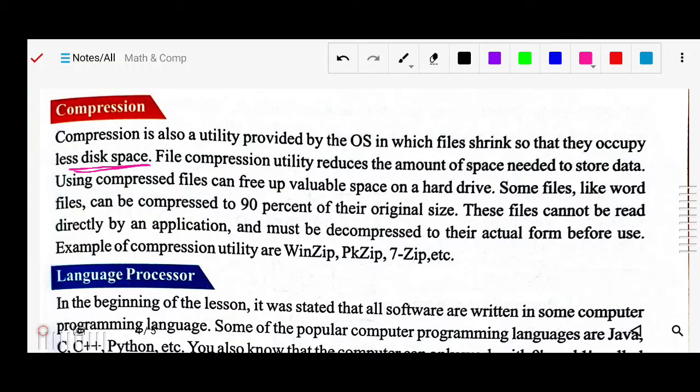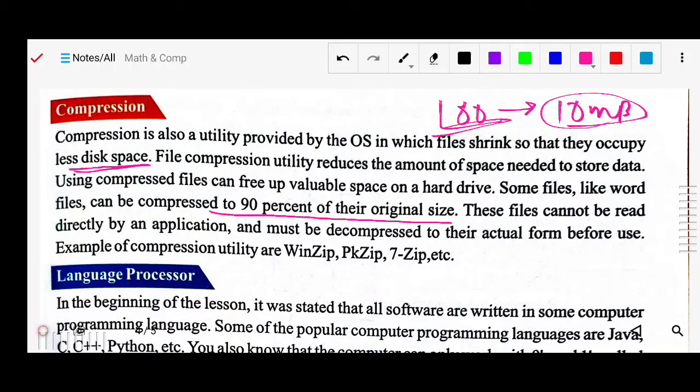Some files like Word files can be compressed up to 90% of their original size. Means suppose if it is 100 MB, it can become 10 MB, so 90% of the data can be reduced. Such files can be read directly by applications or must be decompressed to their actual form.